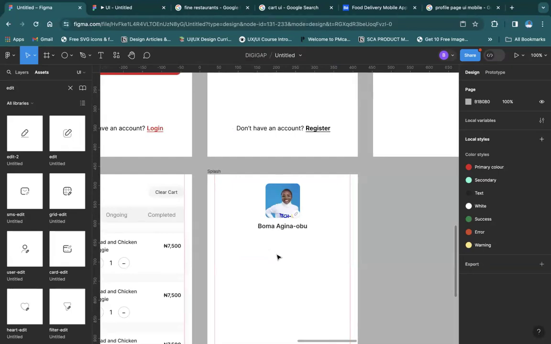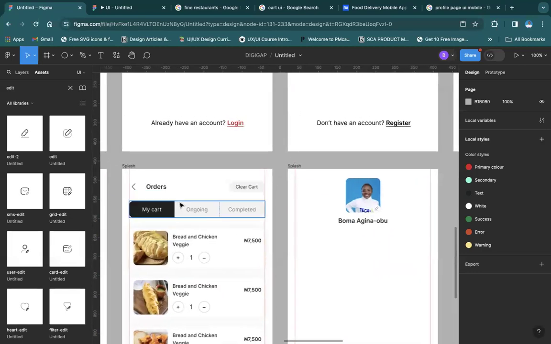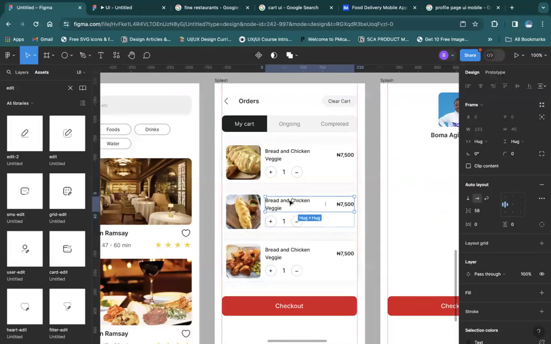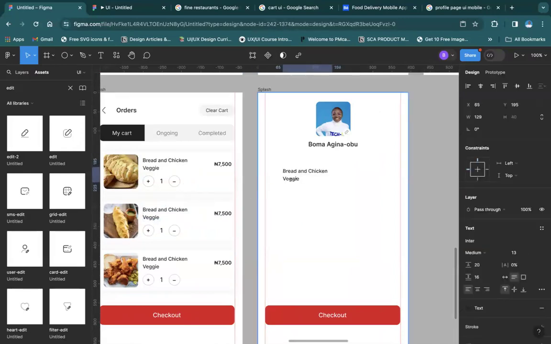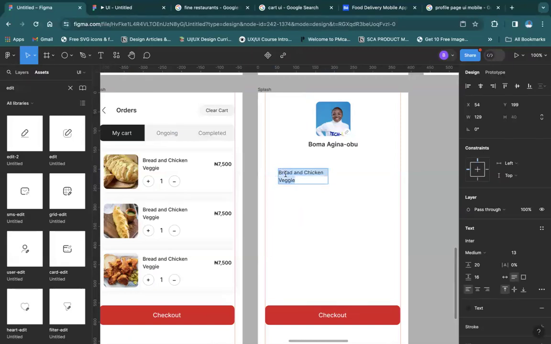And what other thing do I want to have? Address, all of those things I might need to have in profile. So I can just bring out this, and just bring out this and start typing it here. Probably this should be password, address, anything you can think of, address, and